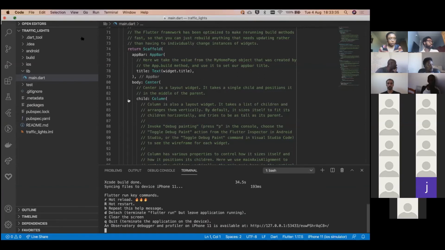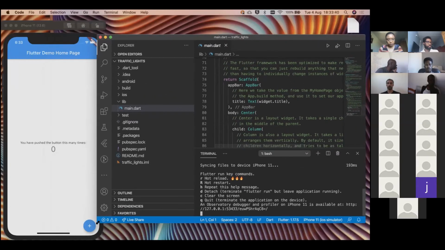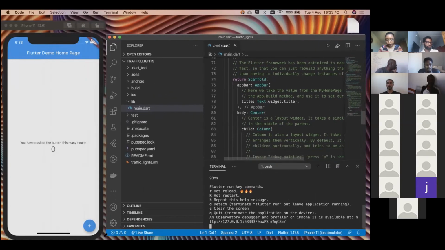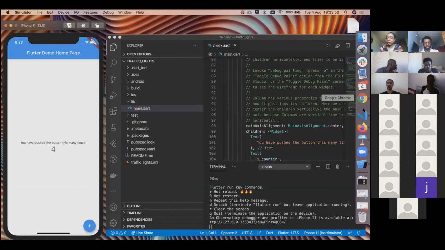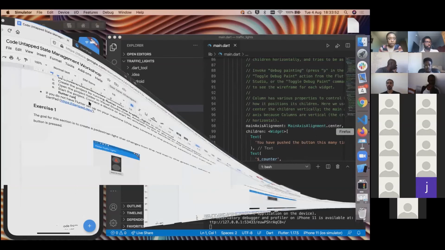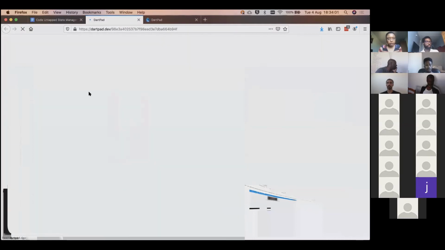To stop me from going back and forth, I'm just going to adjust this window here. Cool. So we got our default app here. Cool. So for this exercise, there is starter code already. So if you just follow the link here,